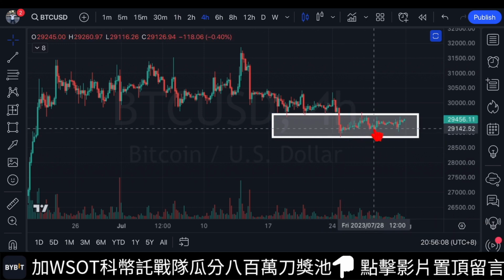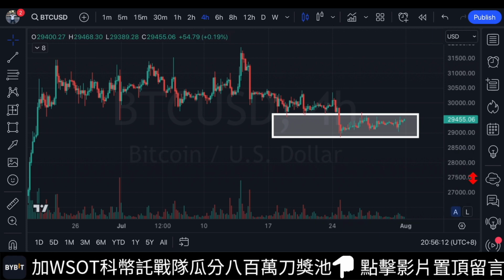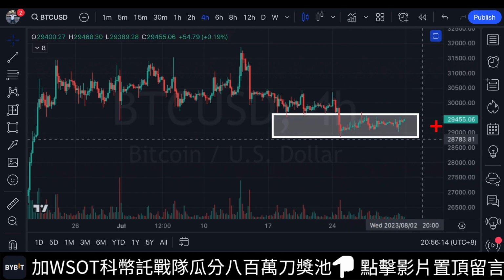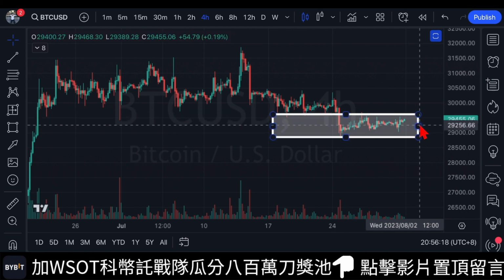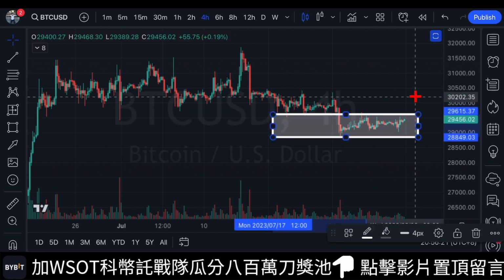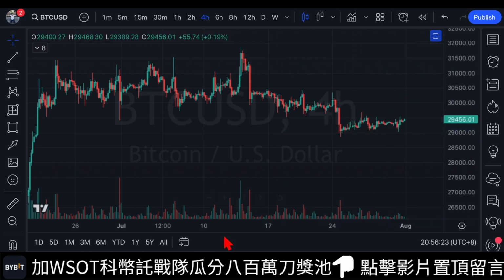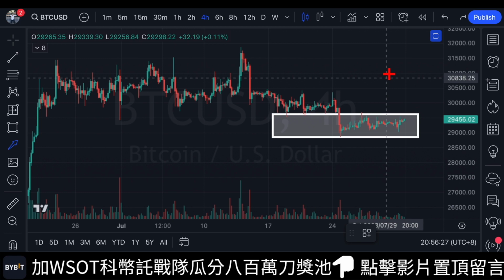As a result, the situation seems to be gradually turning less favorable for the bears, especially for those who have shorted it. If you entered a short position when the price broke down, I would suggest that if the market manages to reclaim the upper range, specifically around 29,700, the bearish position might become risky.